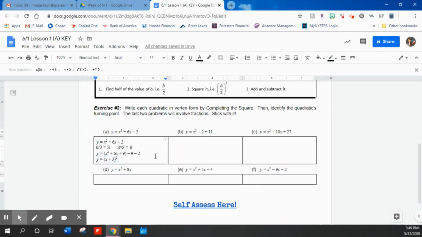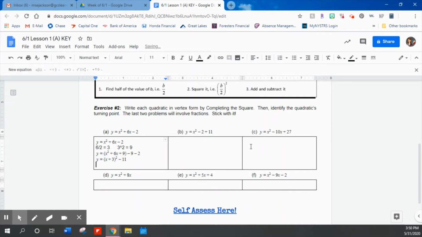And then we simplify what's outside of those parentheses. -9 minus 2 gives us -11. Okay, that is vertex form. Now we have to state our turning point or our vertex. And inside the parentheses, it's always the opposite. So -3,